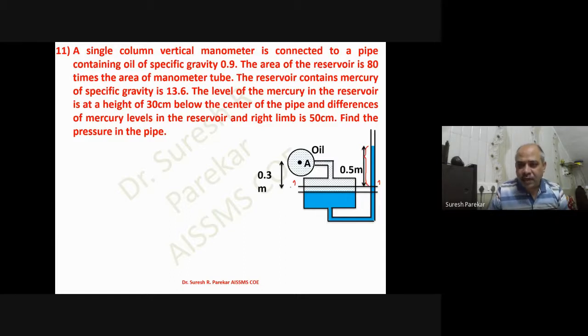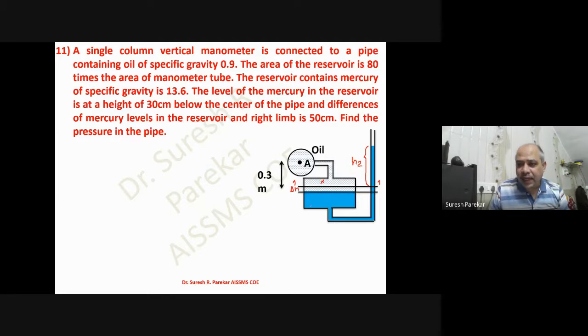And now we have this value, delta H. You can see before this, this delta H is not there. Before it is connected to the pipe, we have this situation. This is also not there. But when you connect this, the liquid in the pipe will come into the single vertical manometer. So it will go downward by delta H and it will go up by the value of H2.